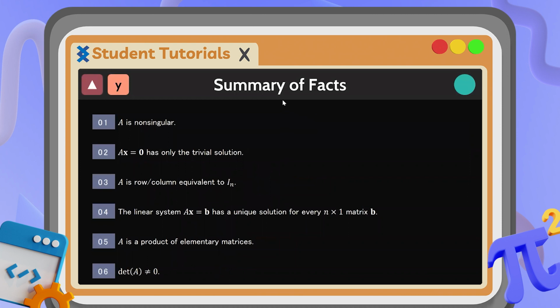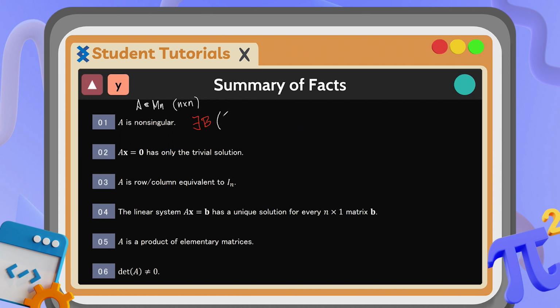So now let's make use of everything that we have learned from matrices, determinants, and vectors and vector spaces, which are all interconnected with one another. First, we have the fact that A is non-singular. Before we start, please take note that A is an n by n matrix. Here we have matrix A, which is said to be non-singular, which means that there exists a matrix B such that